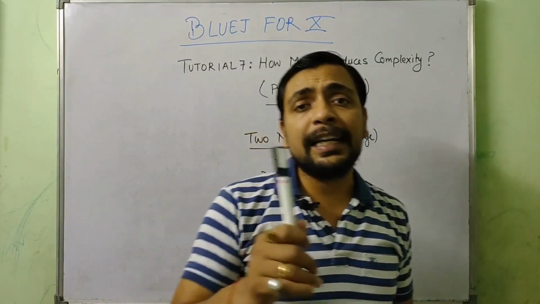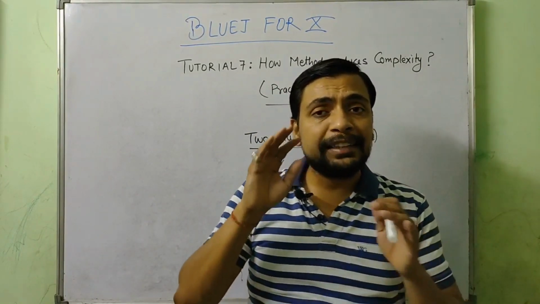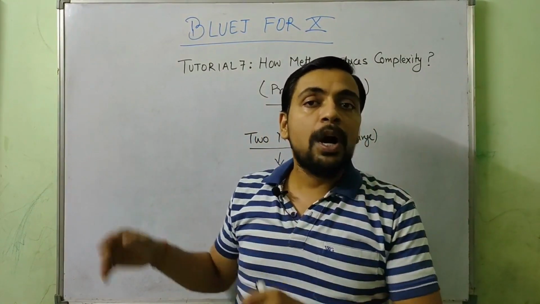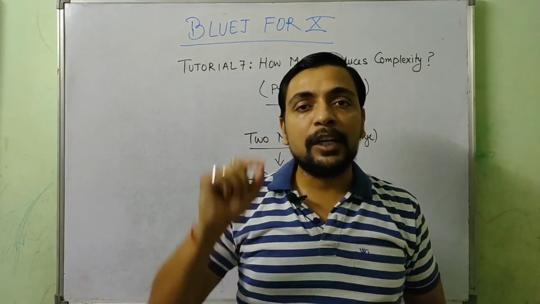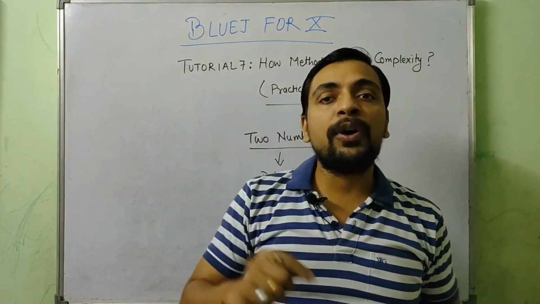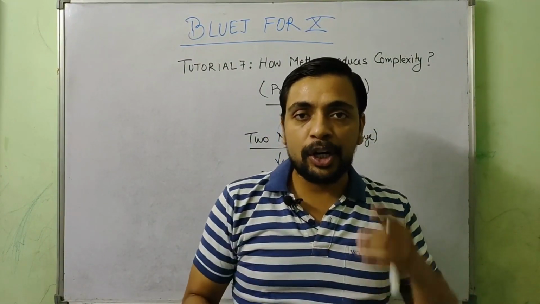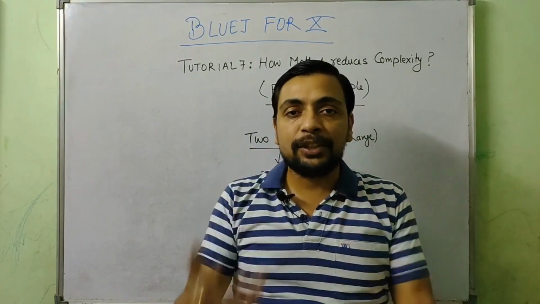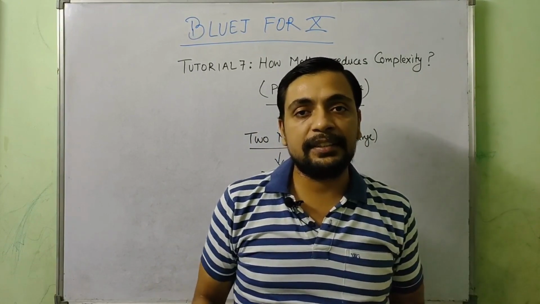If you remember, in class 9th we attempted this program in the BlueJ for 9th video series, and there we were using a nested loop, where the outer loop was running from the smaller value to the larger value, and every time the loop counter was taking one value within the range. The inner loop was reversing the number, and then we were checking whether the number and its reverse are the same or not. If they were the same, we were printing it, otherwise not. If you have understood it, then it's okay. Otherwise you can click on the link right now and go to that particular program where we have done this.